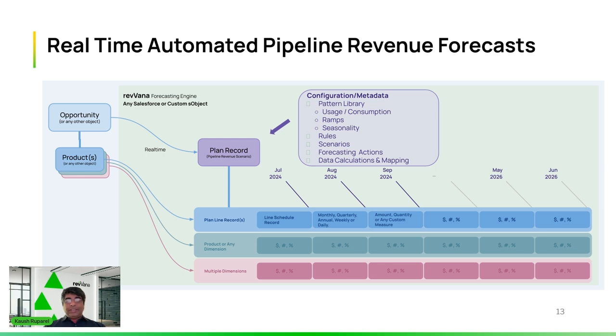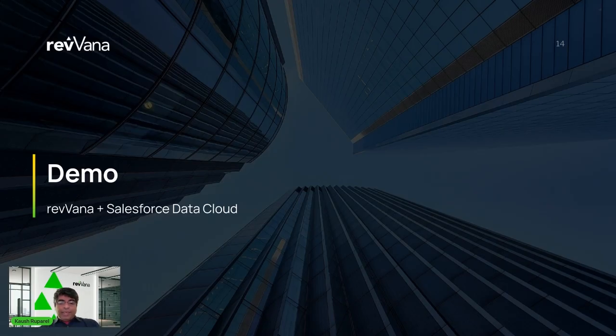So this is the other part of the puzzle, where if you automate this process, your sales teams get a ready-made starting forecast. Then, if needed, they can override. But the other benefit of doing this at the bottom level is that you can roll it up to any level, as you will see in the demo that follows. So with that said, I'm going to jump into the demo, and let's go there.